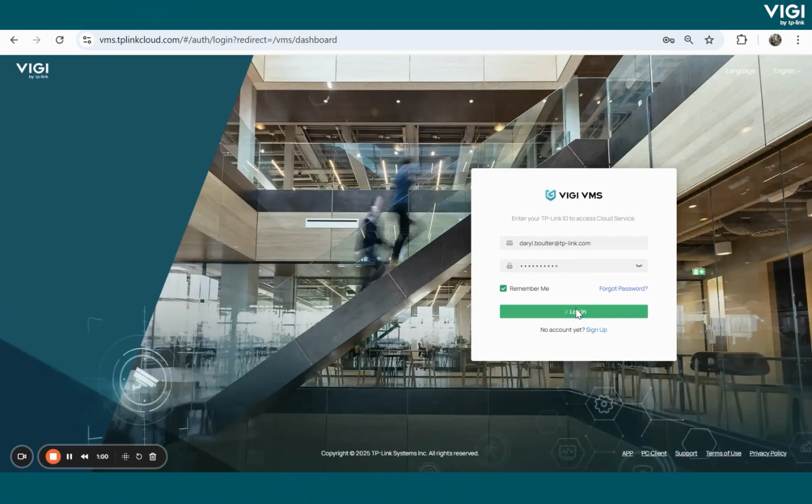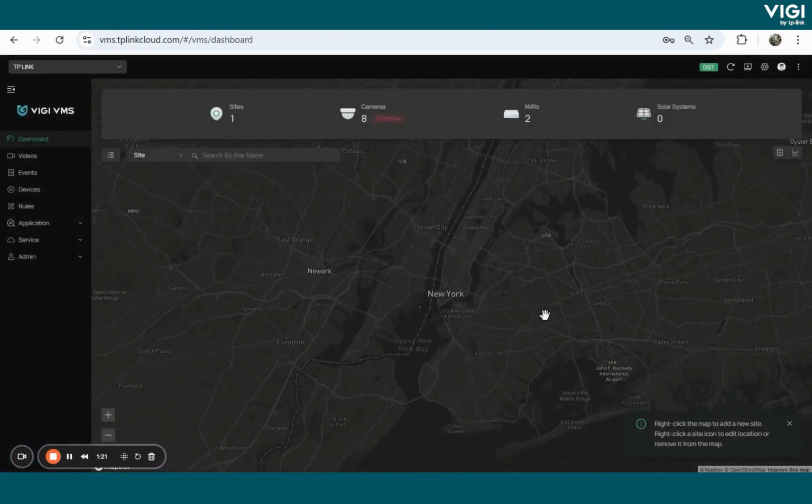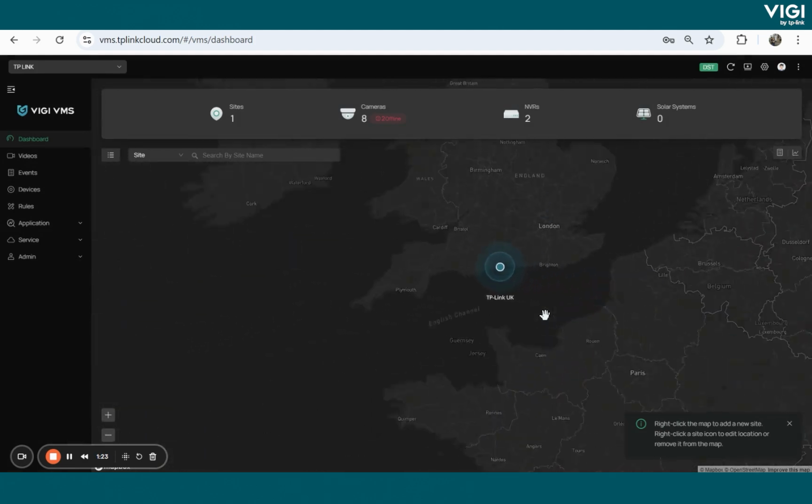So as soon as we log in, it will then take us straight into organizations. So you can create different organizations in here. So you can create them here and manage them through this section, but it will give you the option to navigate to each of those sites. So if we log into this one, it will take us straight into our system, and straight at the top